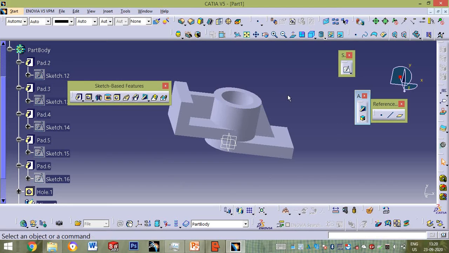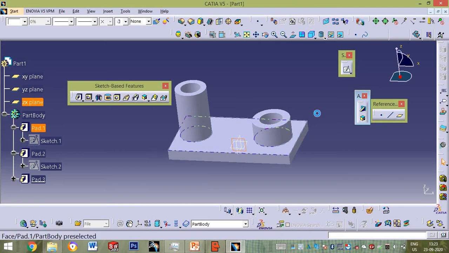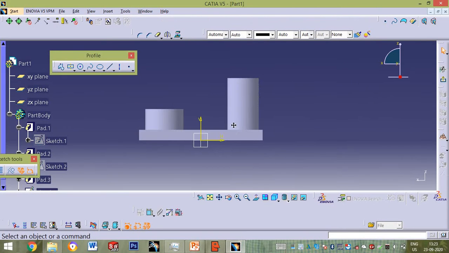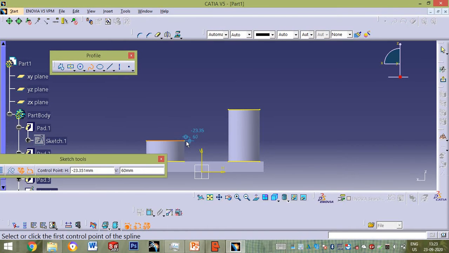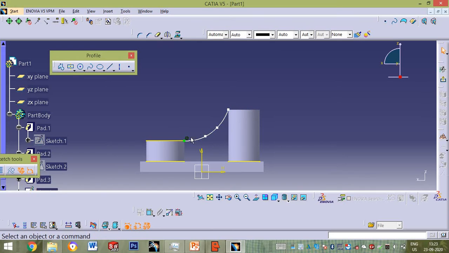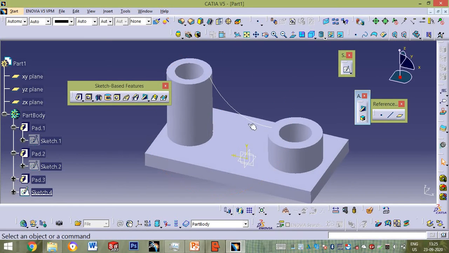This is one example of stiffener. Now we will see one more example. I will try to create a stiffener in this case. When there are 2 cylinders, I will convert this. There is no need for only a straight line for a stiffener. There can be any open profile; you can create an arc or spline, anything. Now I will create a spline for this. There should be a slight variation, slightly towards the inner side. It will be easier for stiffener creation.